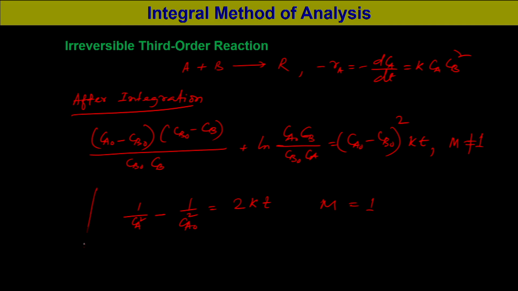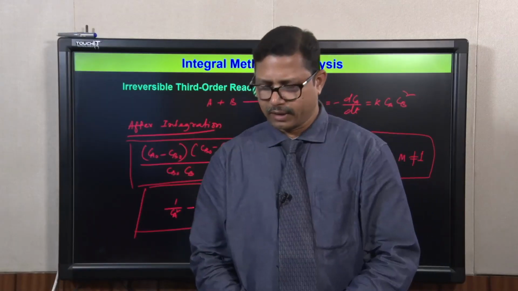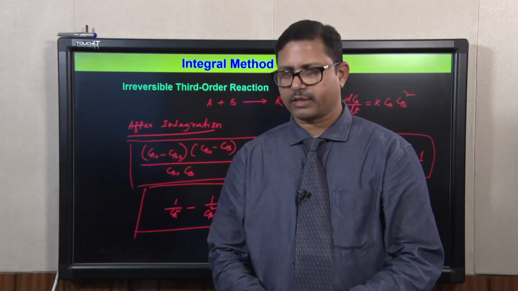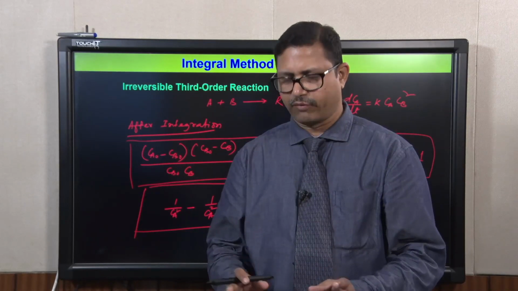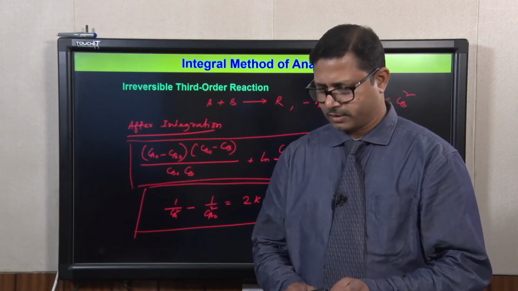So, these are the two integral forms of the rate equations for third order reactions with different stoichiometric ratios, one where the ratio is not equal to 1 and one where the stoichiometric ratio is 1. So, overall we can see that the stoichiometry and the kinetics of the reactions are both important to represent the integral form of the rate equations and analyzing the data from the batch reactor analysis.